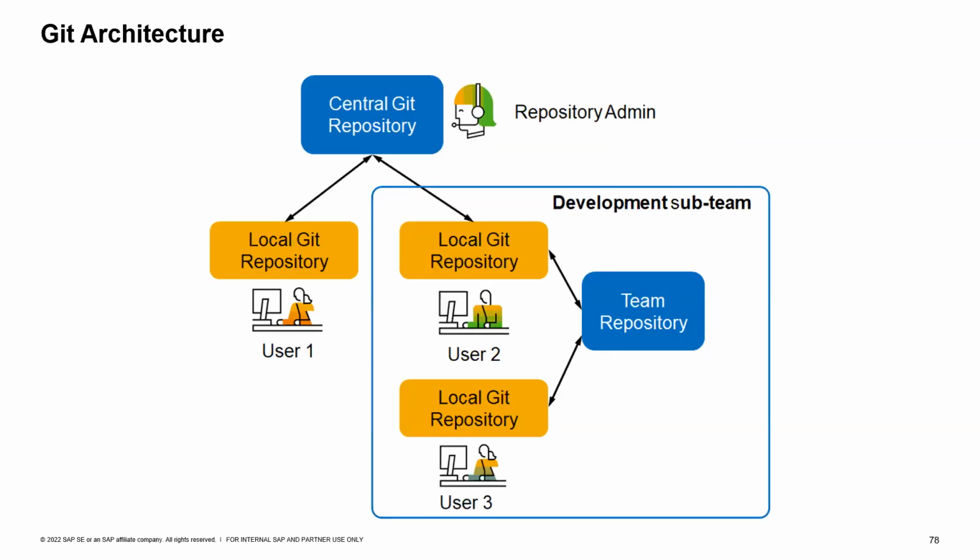So now, looking at the Git architecture itself. In a classical Git architecture, developers work in a local repository on their computer and connect on a regular basis to a central repository to share their contributions and get the contributions from other developers on the project. Git can also easily support several remote repositories for a single project. If needed, it is possible for a sub-team of developers to have their own sub-team repository to collaborate and synchronize their changes with the central repository when needed.